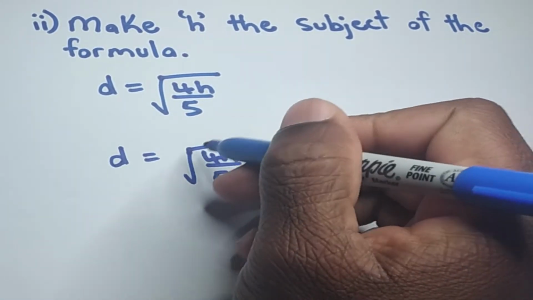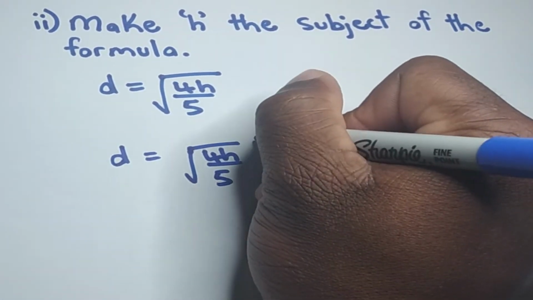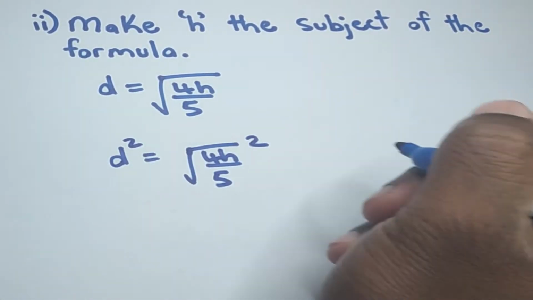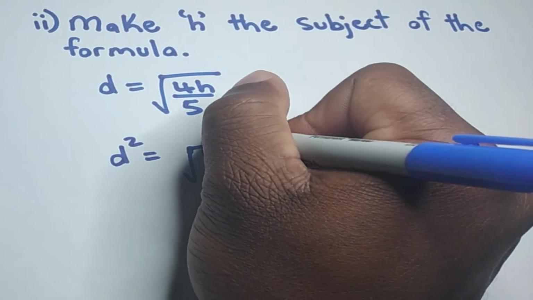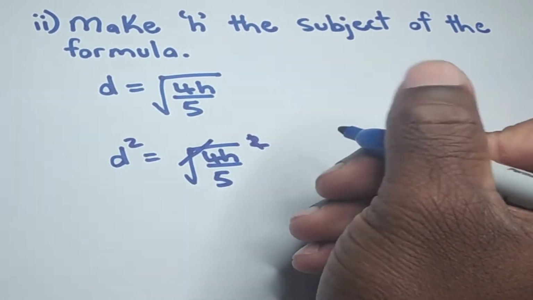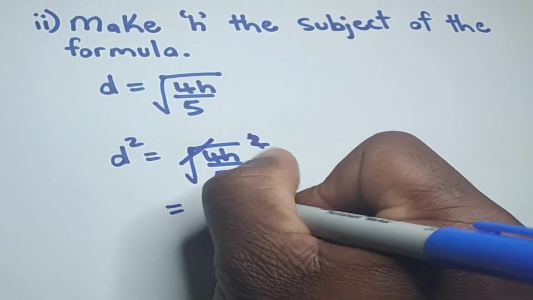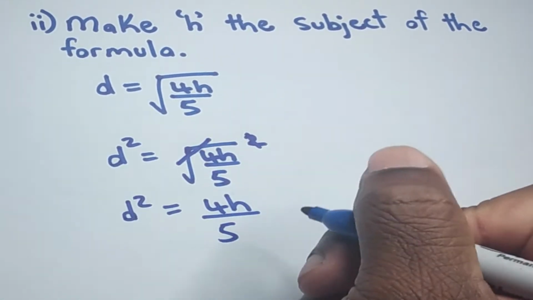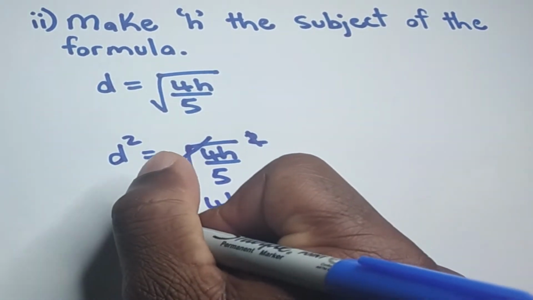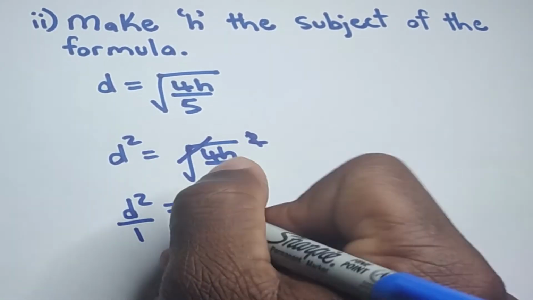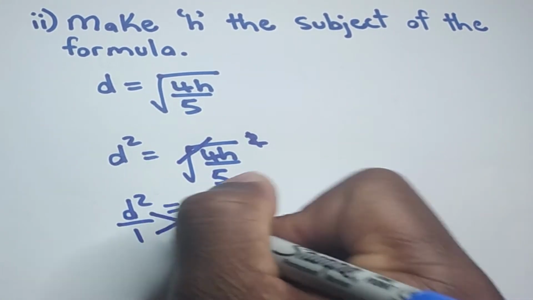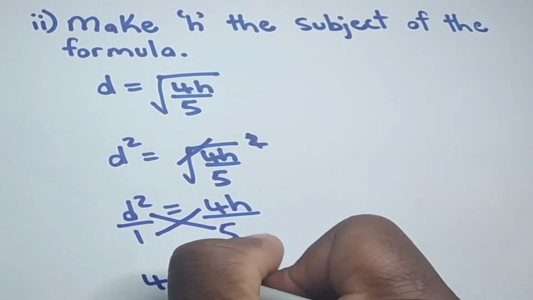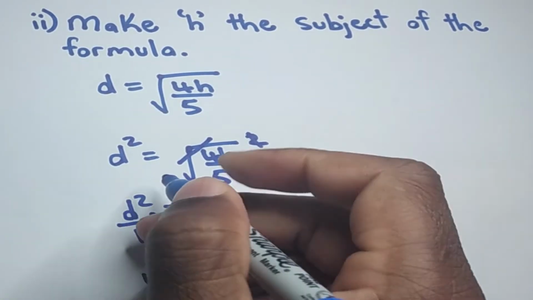And what we can do now to get rid of this square root sign, we are required to square. All right, and if we square this side, we have to square this side as well to keep the equation balanced. So the square root sign will cancel the square sign, and we'll be left with 4h over 5 is equal to d squared. What we can now do is to put this d squared over 1 and cross multiply. All right, so we'll end up with 1 times 4h, which is 4h, is equal to 5 times d squared,